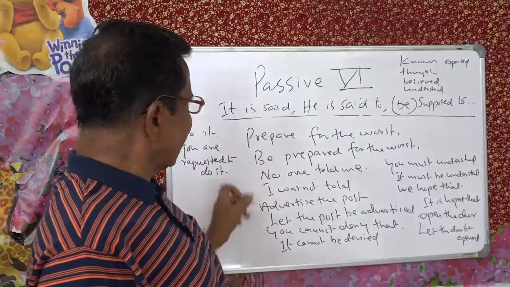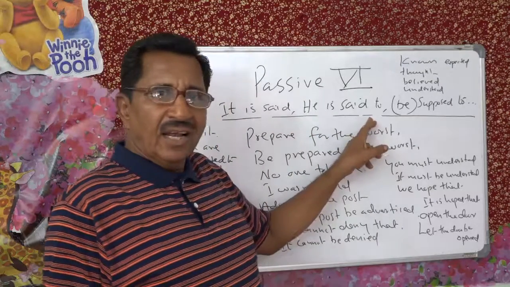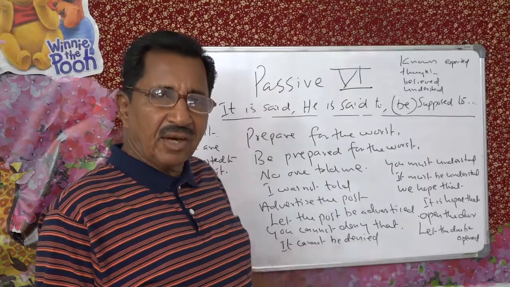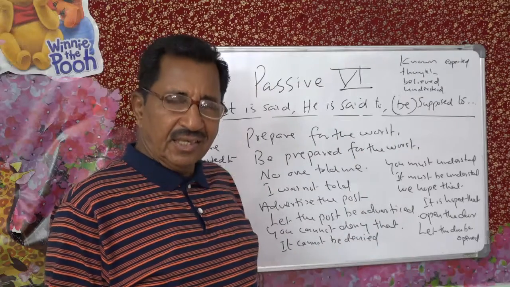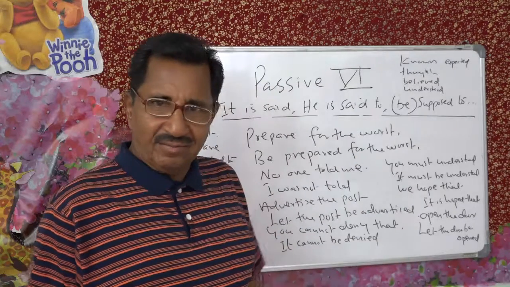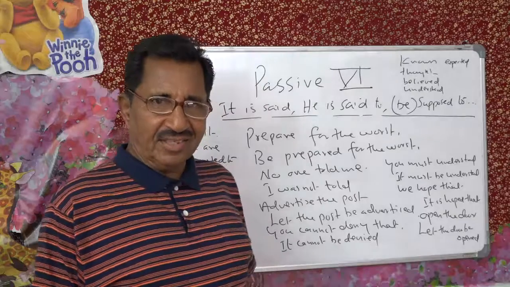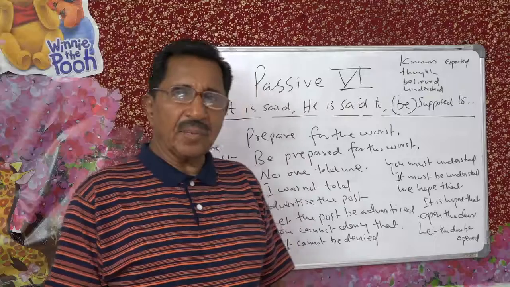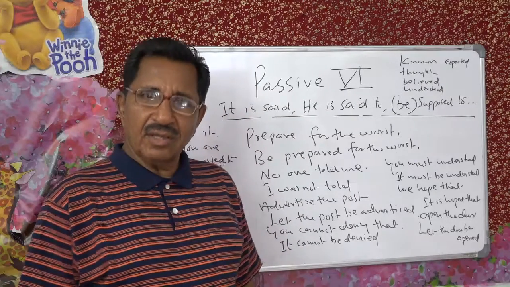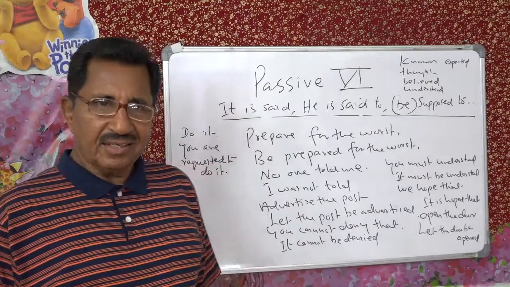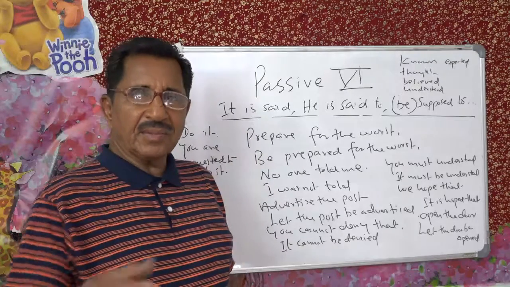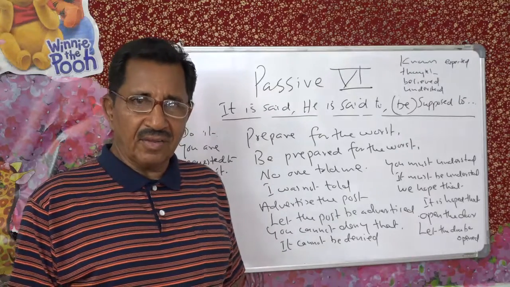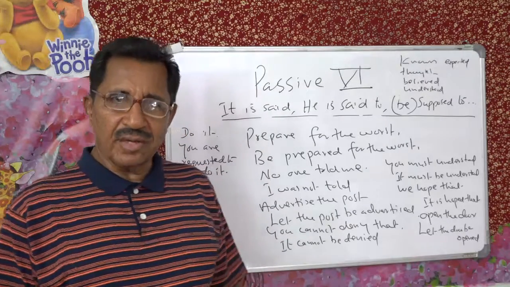Then you have got the "said." He is said to be 102 years old. He is said to be honest. He is said to be clever. He is said to be nice. He is said to be okay. He is said to be healthy. If that is the passive, the active will be something like: people say that he is very healthy. So he is said to be healthy. Understand? And here also: people say that there is going to be a heavy rain. It is said that there is going to be a heavy rain.